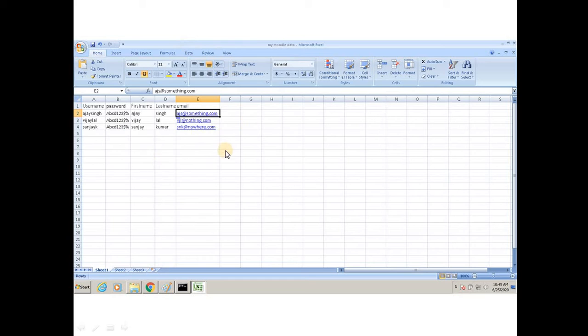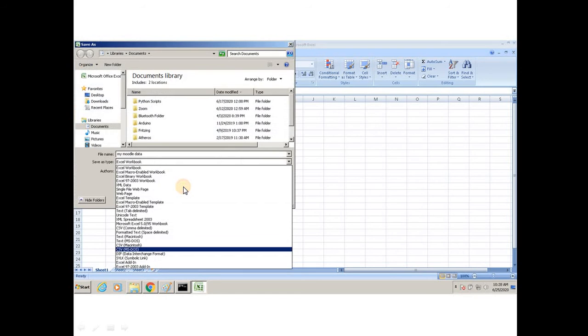So when in Excel you type these, then you have to save this as CSV. For saving as CSV, you have to go for other file formats, and from other file formats you select CSV MS-DOS, because you are on the Microsoft Windows platform. If you are on Mac, you select Mac.